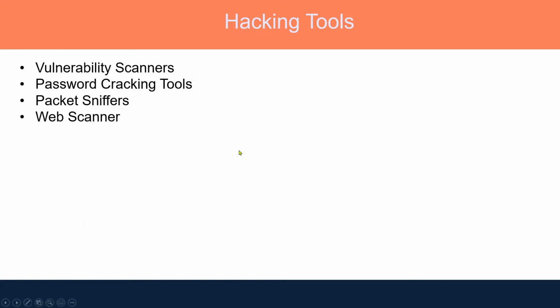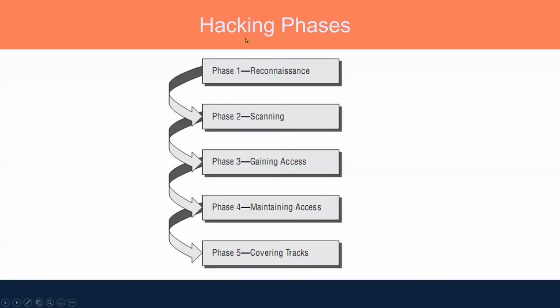Okay, now moving to the next one. If I talk about hacking phases, there are 5 phases for hacking usually, and those 5 phases are: first phase is reconnaissance. So basically here we are doing a kind of information gathering about the target. Let's say there is a target, and someone wants to find a vulnerability or weakness in the Wipro website, wipro.com. So first of all, we will do reconnaissance.